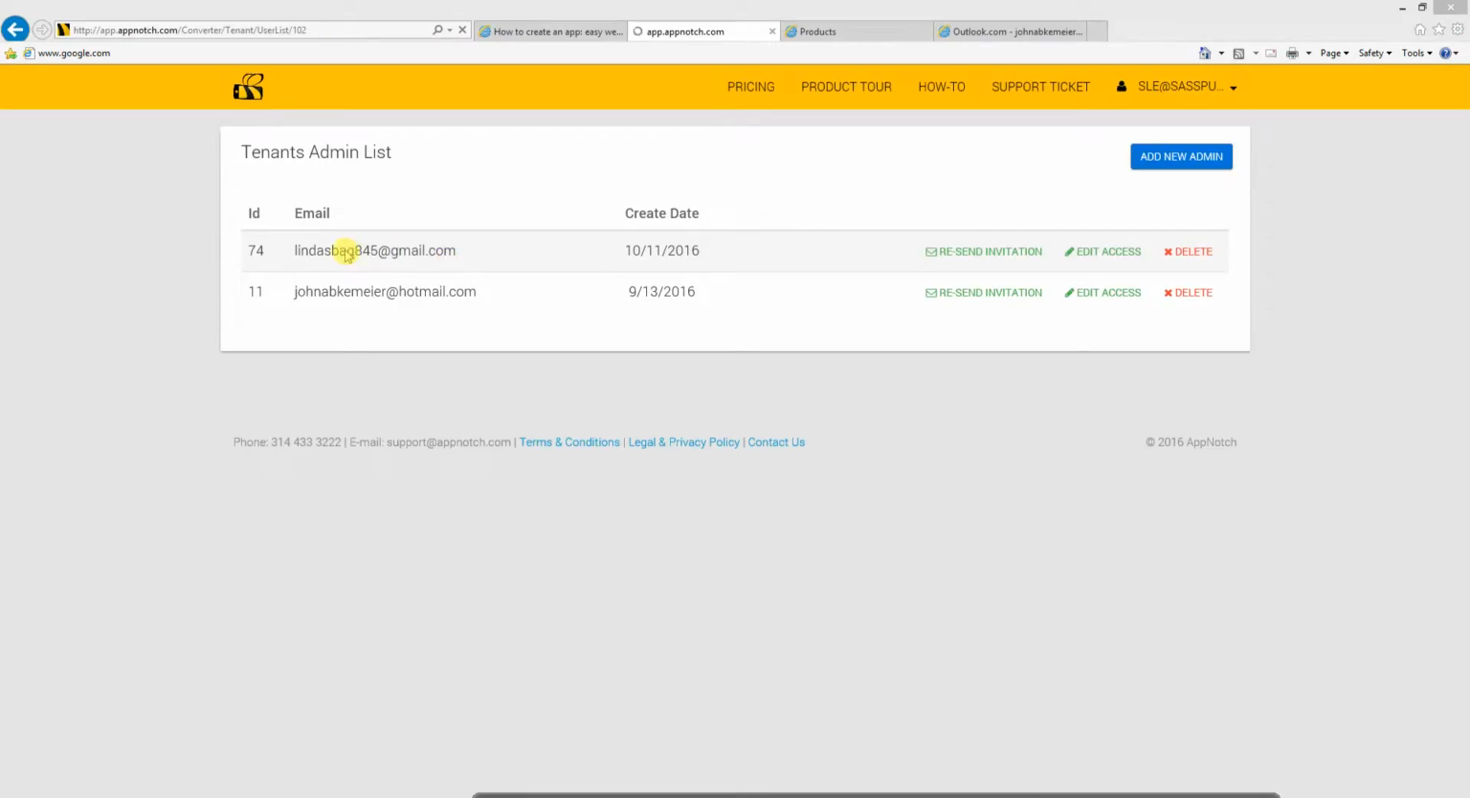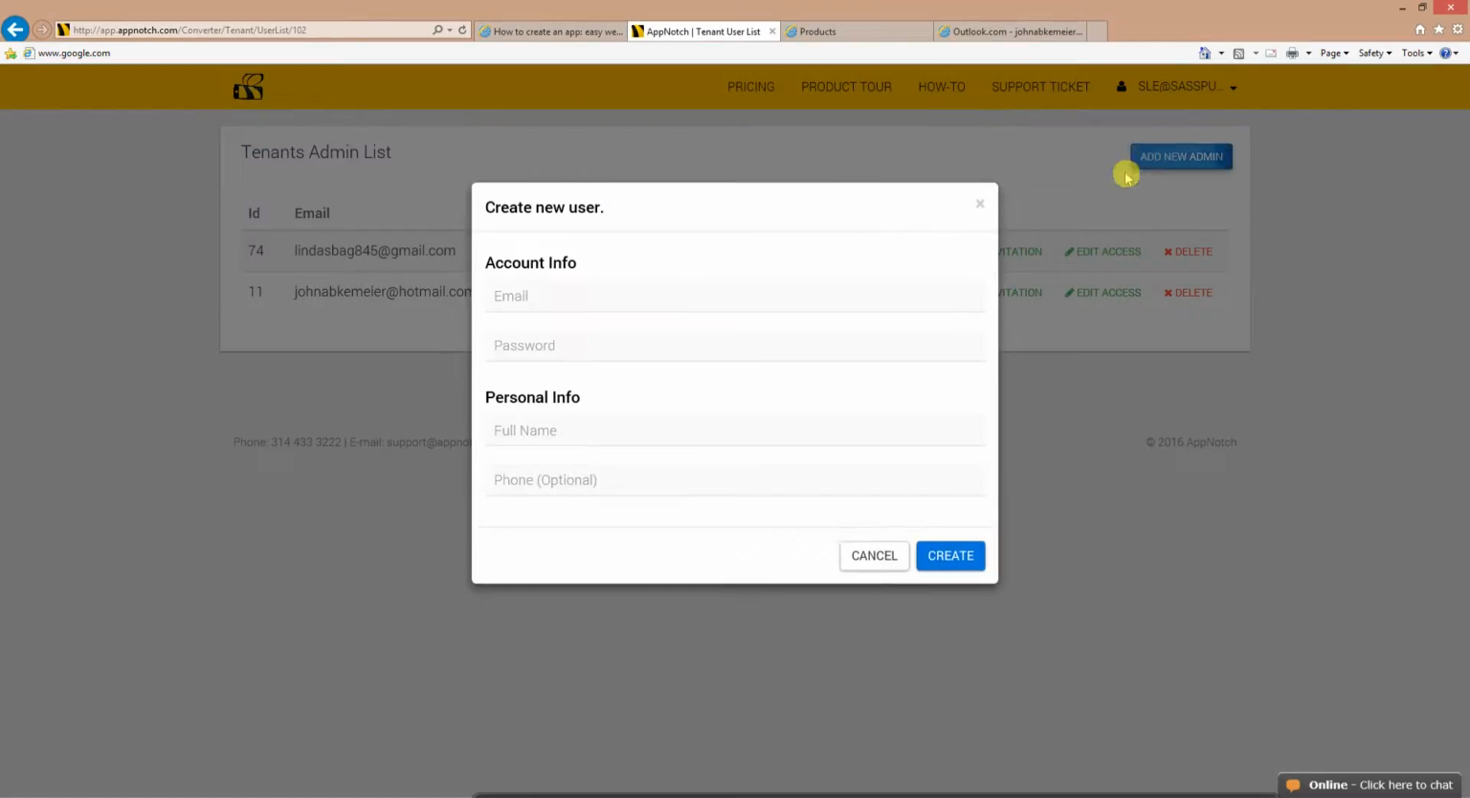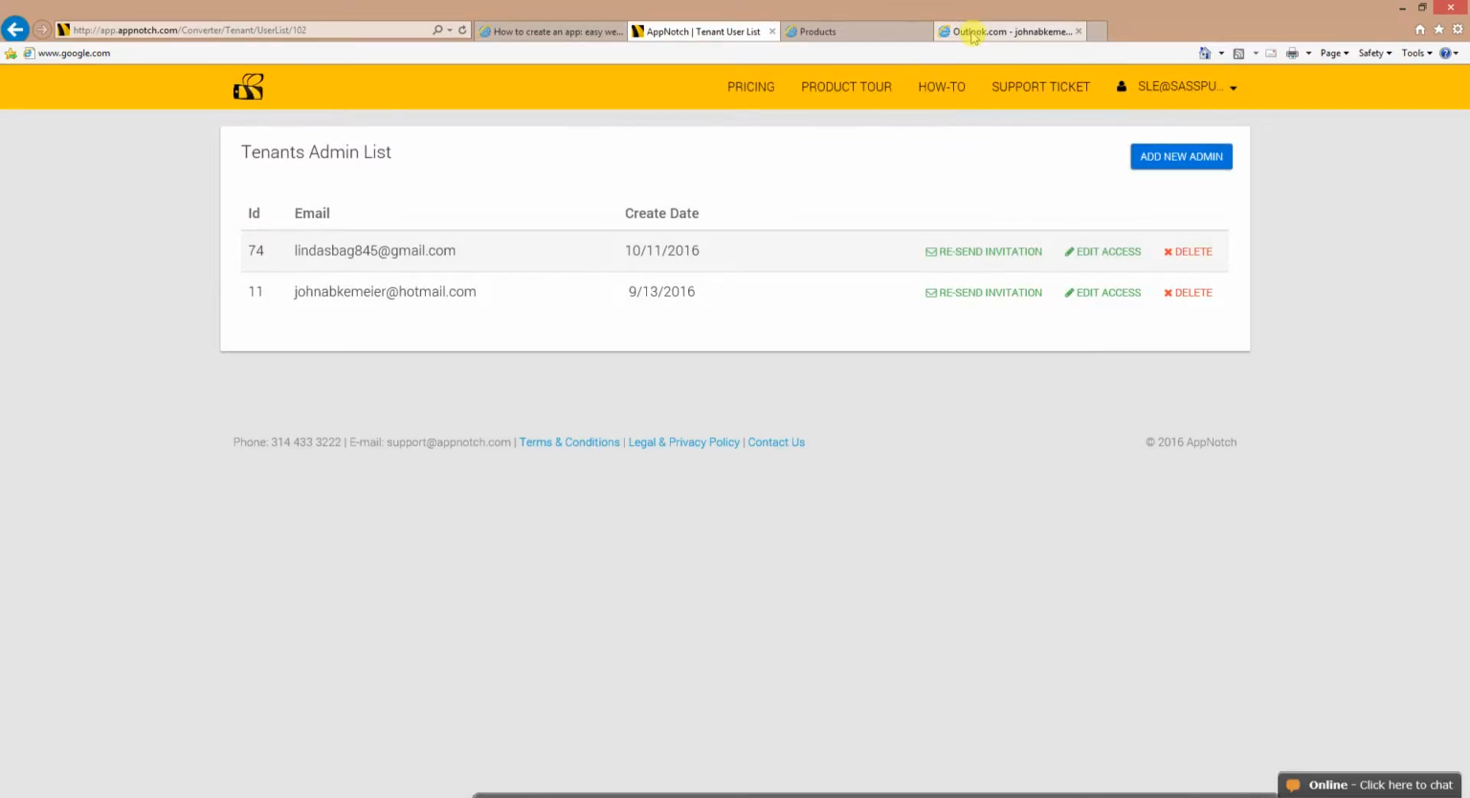And in this case, we set up Linda previously, and then we also set up myself. So when you set that up, you just go add new admin, put in the email of, as you saw, we put in Linda's email, gave her a password of Linda999 or an example like that, and then put in her full name. Once that's accomplished, you hit create, and once you hit create, it'll then send out an email